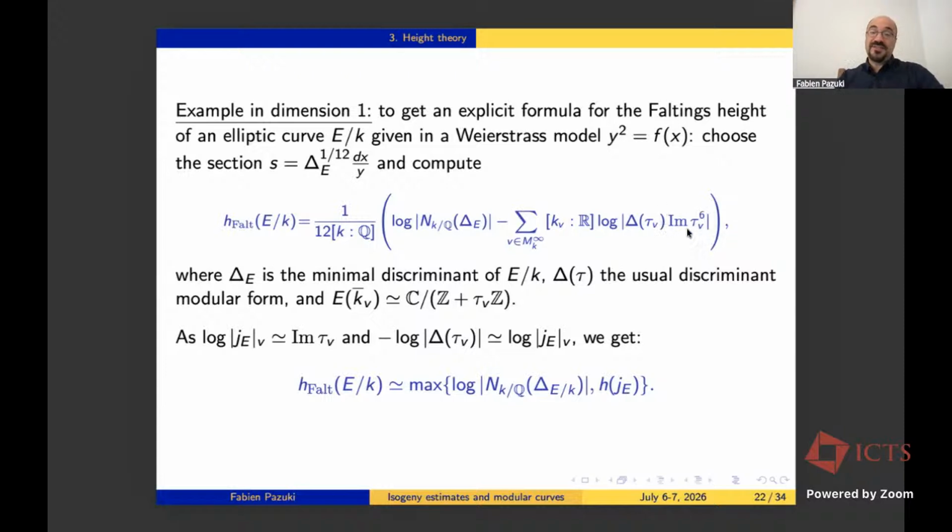To the 6, but over 12, of course. It means it's a square root of Im tau, but square root of Im tau is essentially the determinant, the co-volume of the lattice you look at. So that's really the measure that comes from the integral. So you recover this as a formula. Now we have a closed formula in dimension 1, and I would like to evaluate a little bit what